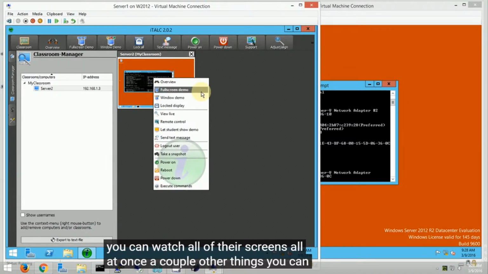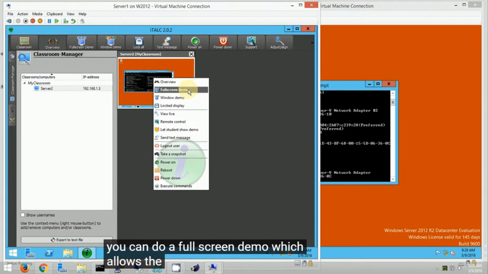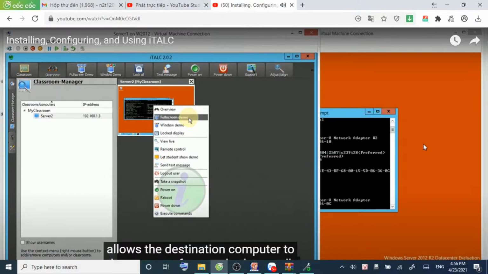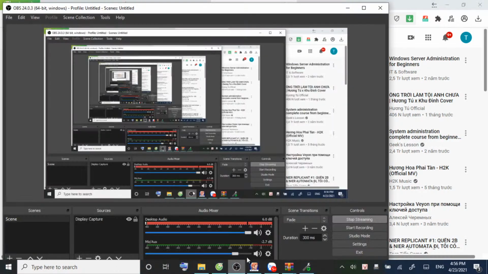A couple other things you can do. You can do a full screen demo, which allows the destination computer to demonstrate for everybody. Actually, this is the one that lets the students show the demo to everyone in the room, where everybody's screen then suddenly looks